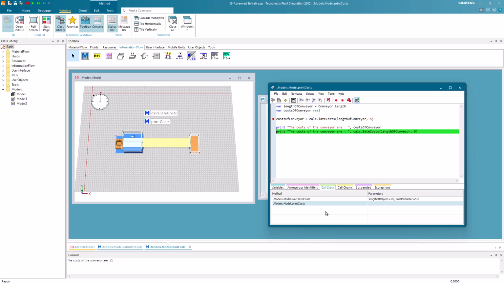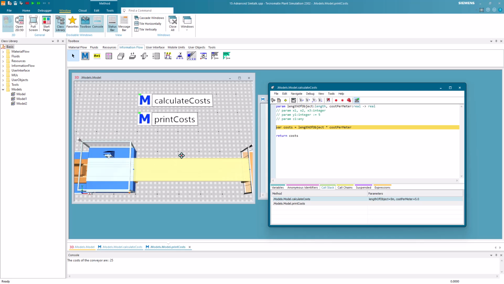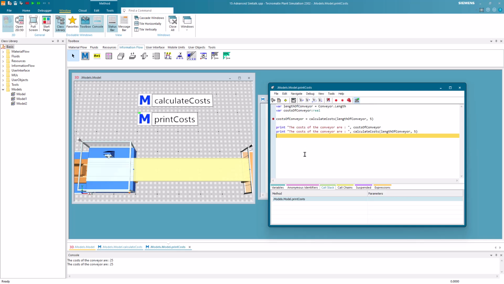To go back, we can click on the active method. We can also see the values of the parameters. If we look at the method objects in the frame, we can see in the top left corner that there is a green point. This point indicates that these methods are currently being executed. We then perform a step out again. And as you can see, the Calculate Costs method object no longer has the green point.